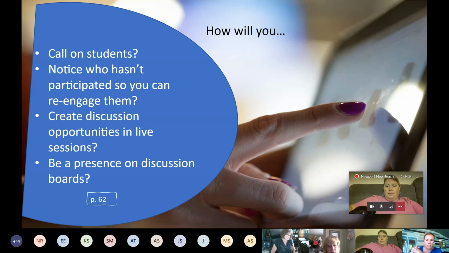We've got to think about how to create discussion opportunities, even in a virtual platform. And there are lots of different ways to do that: breakout rooms, collaborative documents like Google Docs and Google Slides where they make comments. The key is that we have to be present. So we want to make sure that we're popping in and out of those breakout rooms. We want to make comments where we've asked kids to collaborate, and add to that so that they see and feel our presence.